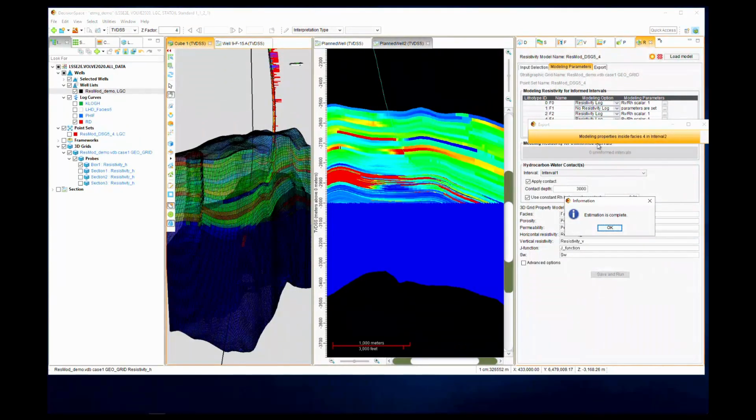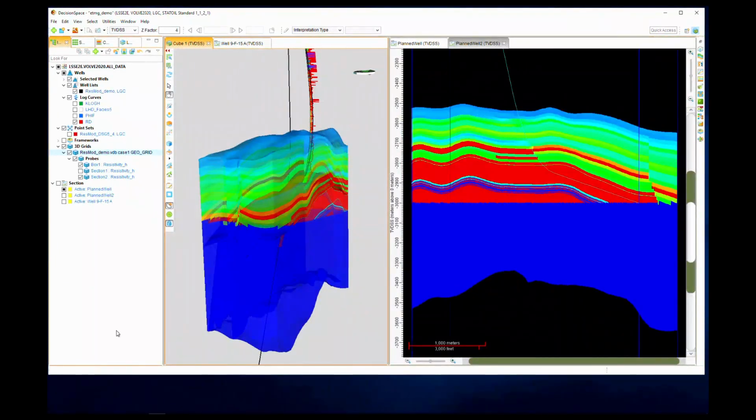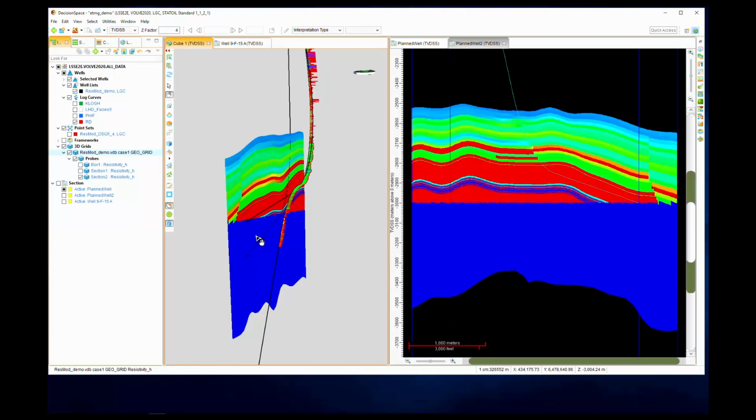Once your distributions are populated in the grid, you will get this image that the estimation is complete. And then you can go into your QC section where you can visualize in DSG, in the different editors, the distribution in the 3D, in section view, or even in map view. And also you can use the ERIC modeling tools for data analysis to further QC your results. Once you are happy with your QC of the results, which you can also display in the Cube Editor in this section,